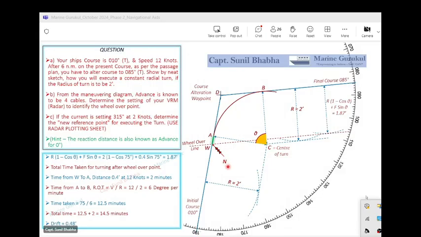So the point where the vector ends is November. Let's plot it as November. So November to Whiskey, NW, represents the set and drift of the current. Now in the initial plot, we were giving our wheel over at point W. Instead of point W, if we give the wheel over at point November now, you see,